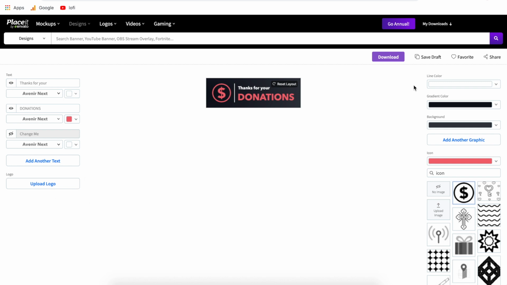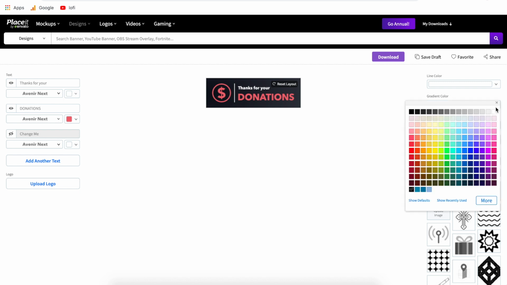And then coming over to the right side, this side's going to change slightly depending on what the different options and features are in your template. However, as you can see, the first selection is the line color corresponding to this line right here. So we can change that to anything that we want. And then this panel template has a gradient to it. So as you can see, it's darker over here and then lighter over here. That corresponds to these two different